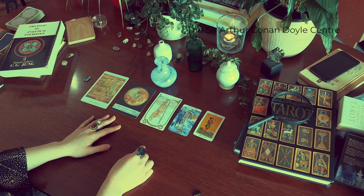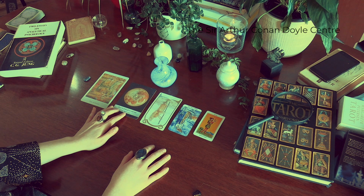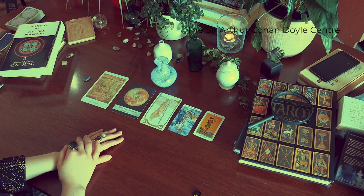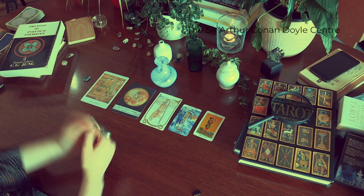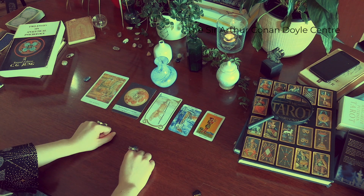And the reason why I'm mentioning that fireplace and the element of fire, it's because we have Full Moon in Leo, and then we also have the Page of Wands in reverse. So Wands are a fire element, and then Leo, it's also a fire sign. So here there is that nice balance of having the earth and fire. And actually in astrology, these two elements are opposing one another, because